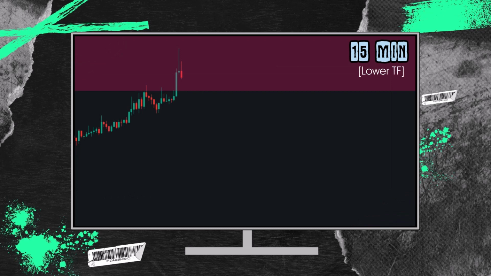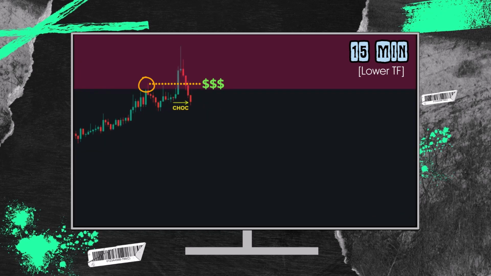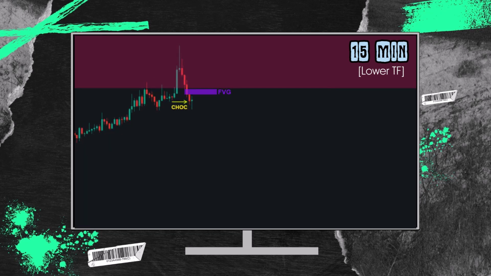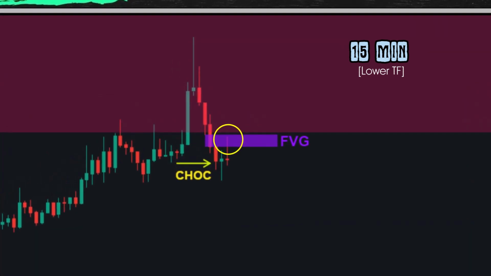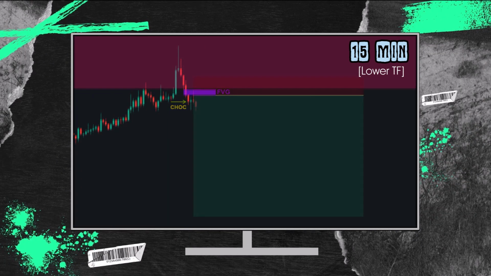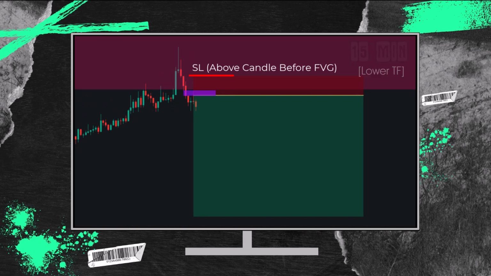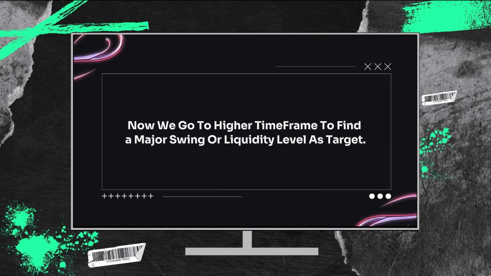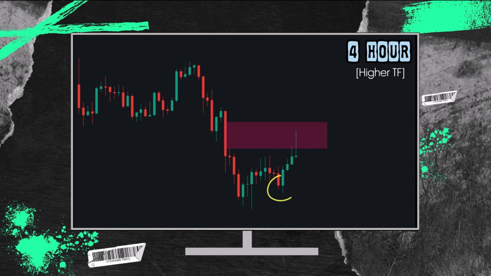On the lower time frame, we'll follow the same principles we discussed earlier. After the market grabs some kind of liquidity, we will wait for a change of character in market structure, indicating a shift in momentum. Once this change occurs, we will look for a new fair value gap on our lower time frame. We will mark this new fair value gap and wait for a pullback. This time, however, our risk is significantly reduced because we're working with a smaller price range on the lower time frame. By refining fair value gaps, we're able to pinpoint more precise entry points, reduce risk, and increase our chances